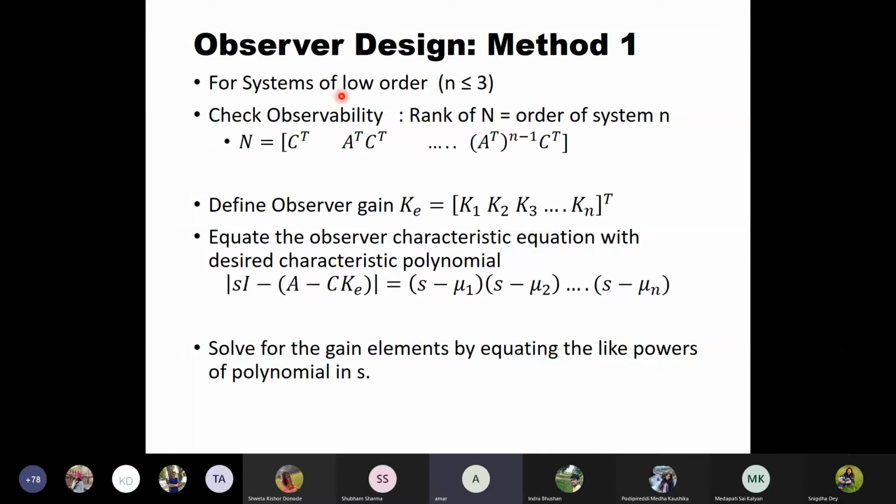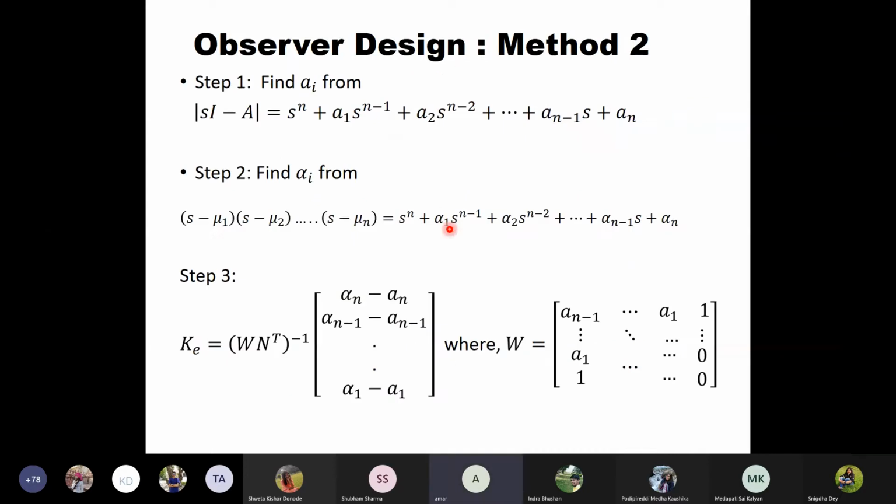For systems of low order, n less than or equal to 3, we can easily equate these two terms and find out the Ke value. So this is basically method 1. For systems with n greater than 3, we can use the Bass-Gura method. In case of the Bass-Gura method,